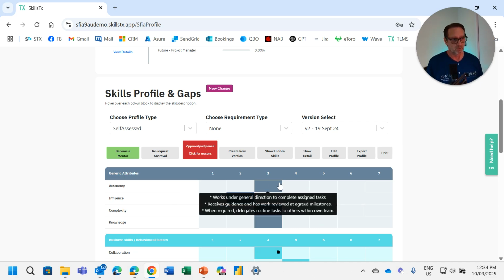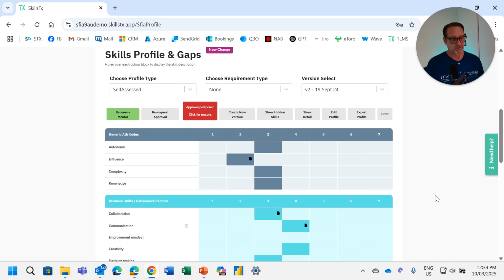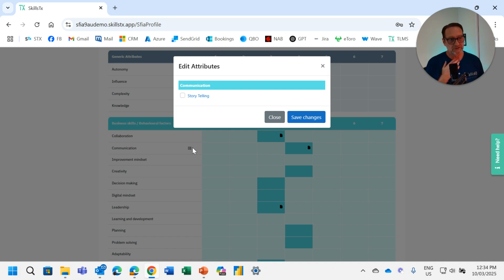Solid boxes are what have been indicated by you as the user. A couple of things here: there are standouts. Three dots means I can add more detail. So if my communication style is storytelling, this has been set up by my organization. I can even go and see what that means, or I can click it and select it